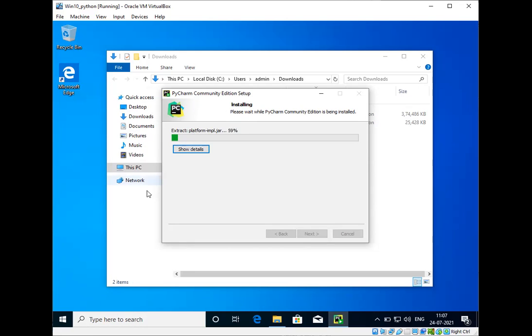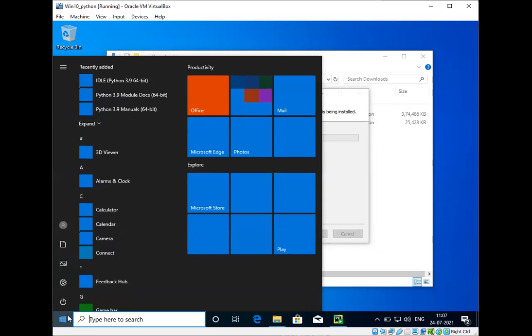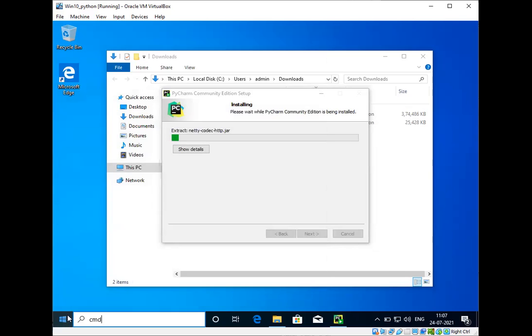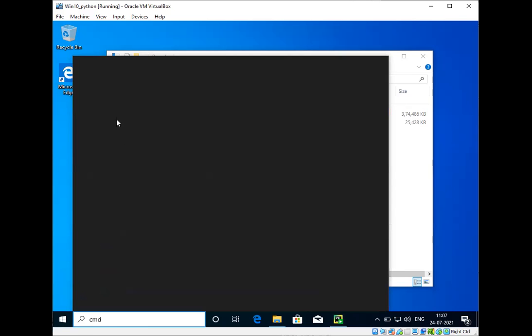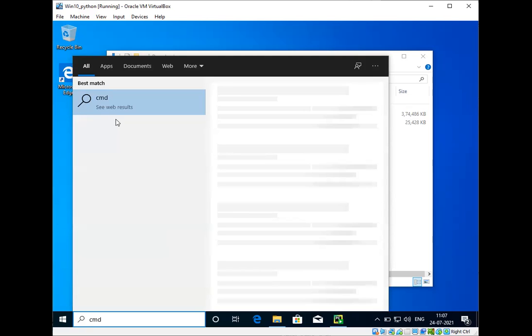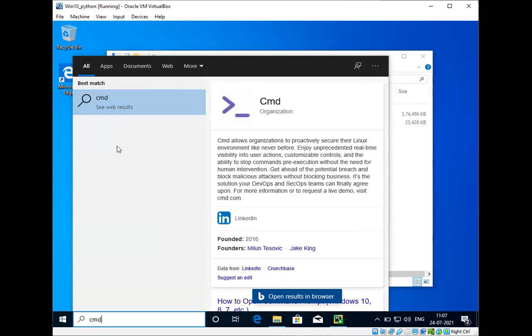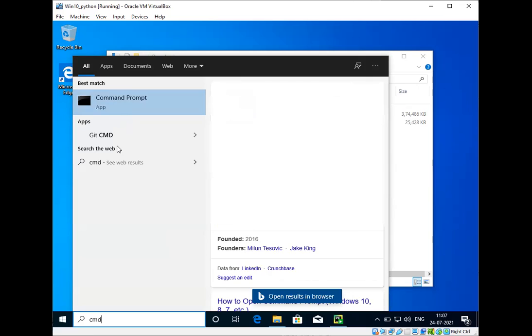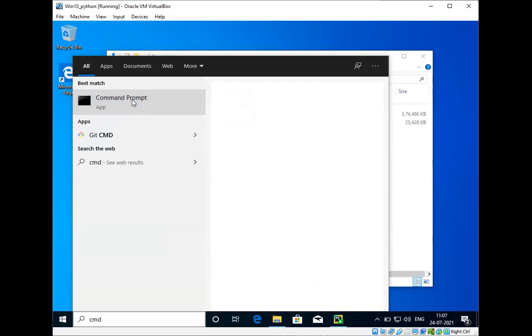While it is being installed, let's install libraries related to our course. Just open command prompt and right click on this.